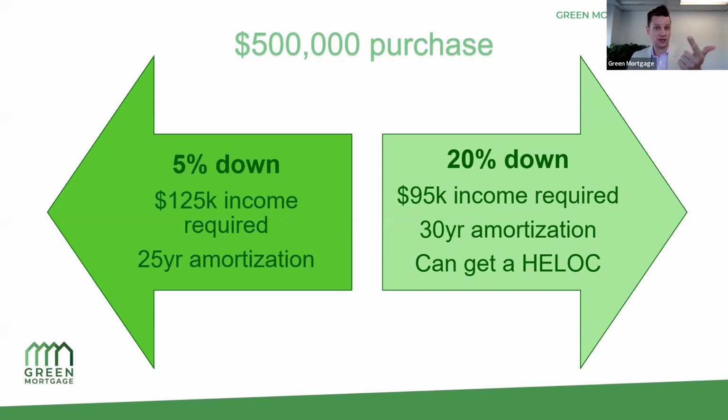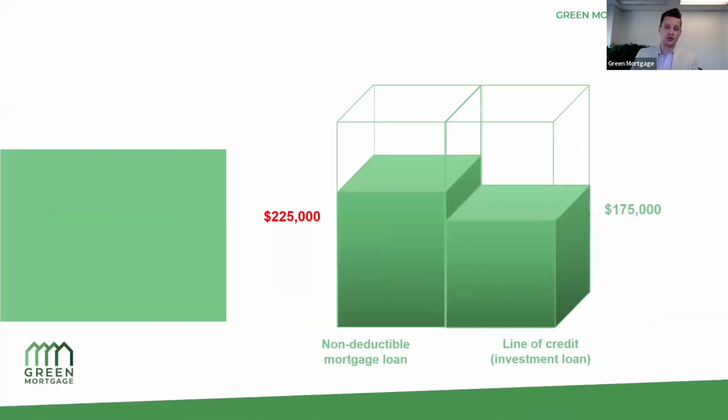Now, on the flip side, of course, buying with 20% down means that you're not paying CMHC premiums. You're getting a 30-year amortization, so you're getting a lower payment because A, you're borrowing less money, and B, it's all on a 30-year amortization. And then, of course, the home equity line of credit product is a very valuable tool. So to show you how that would work,